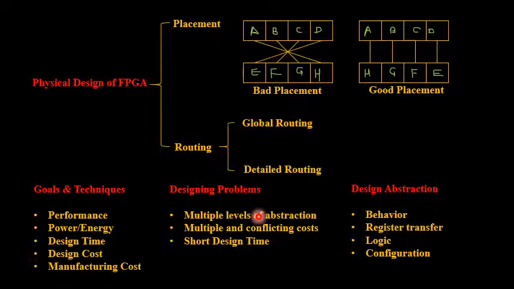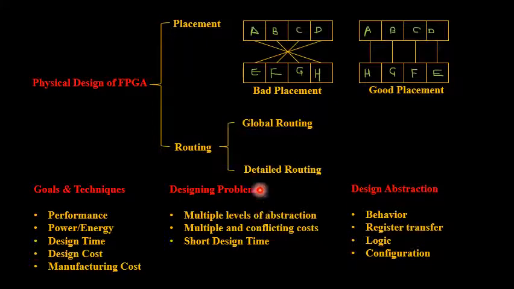Short design time. You are going to follow a VLSI design wherein one of the major criteria is that you have to take minimum time for your design, because nowadays technology is going to improve day by day. When you have taken a large duration of time in designing itself, and you have not launched that particular product within the time range, that is time to market, obviously you will end up with zero cost for that particular design. So you won't be able to exhibit that design you have done for practical application. So you have to design it in a precise time.